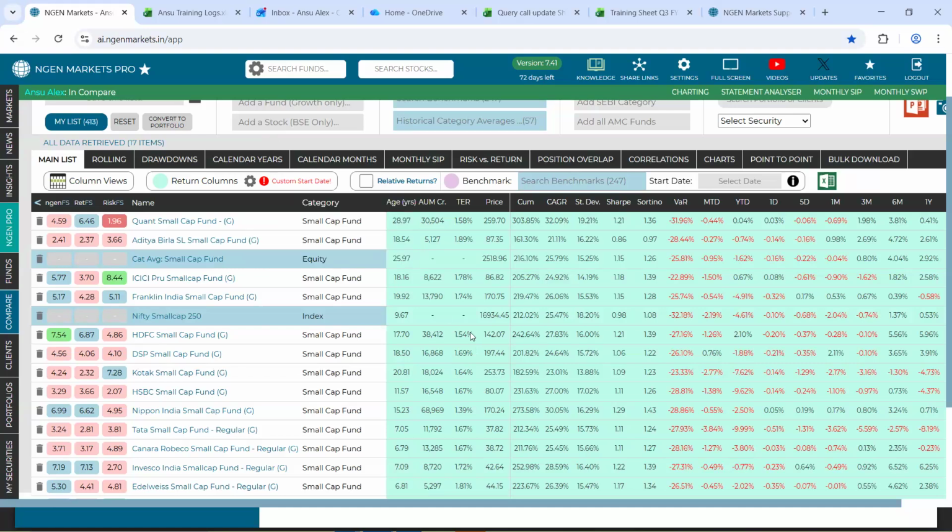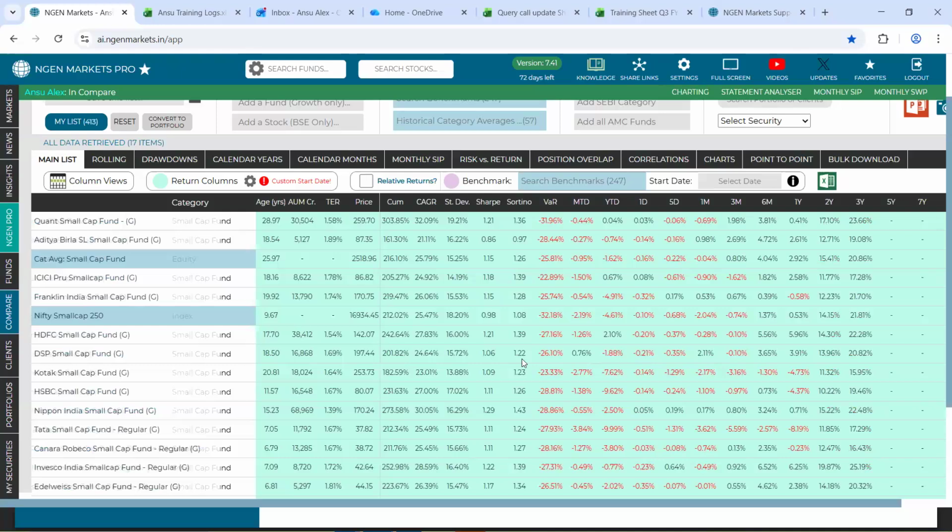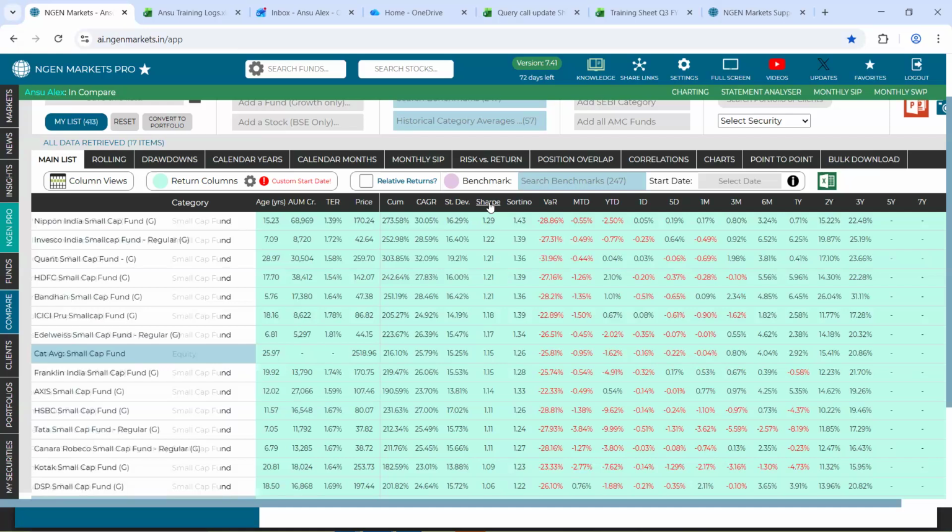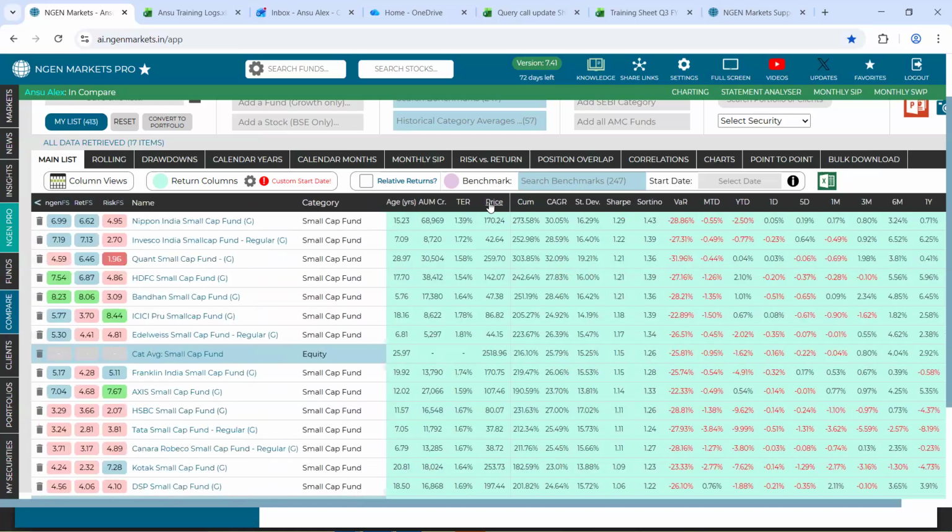Now, this green color coded section that you see will show you returns related data. Right here, you could see returns for less than a year as well as more than a year. In addition to that, you see parameters such as Sharpe ratio, which is the risk adjusted return. If you click on any of these column headings, your data can get arranged either in ascending or descending order.